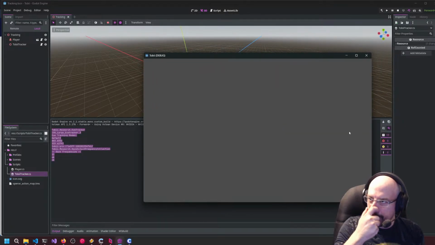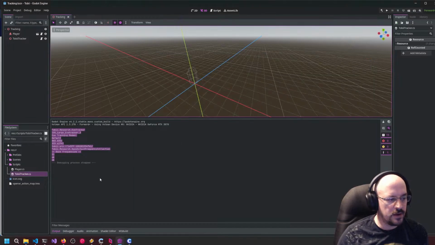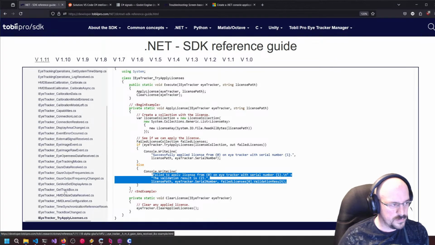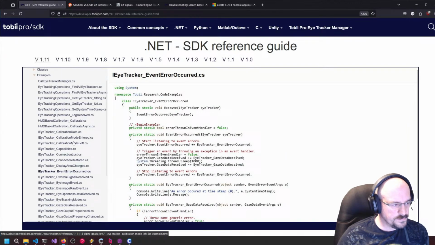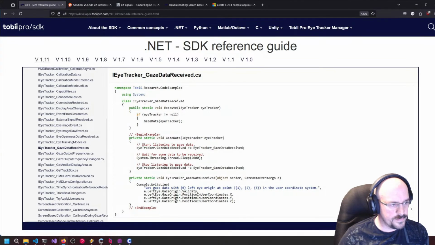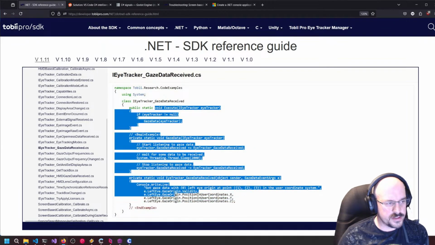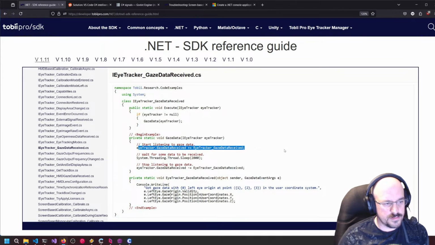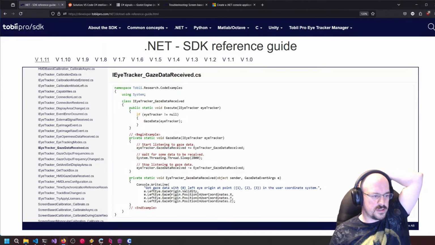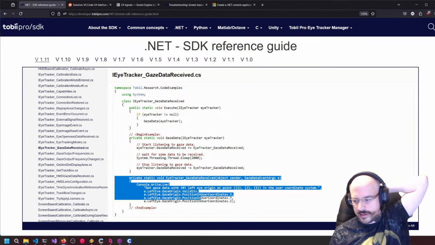And I wonder how we can manually access data per call instead of the event. Let me just find the gaze data that we're receiving. Yeah, it just subscribes because obviously it doesn't have a loop in this example. It just runs, does the subscription, waits for some data to be received, and then stops listening to the data. And then while it's listening to it,